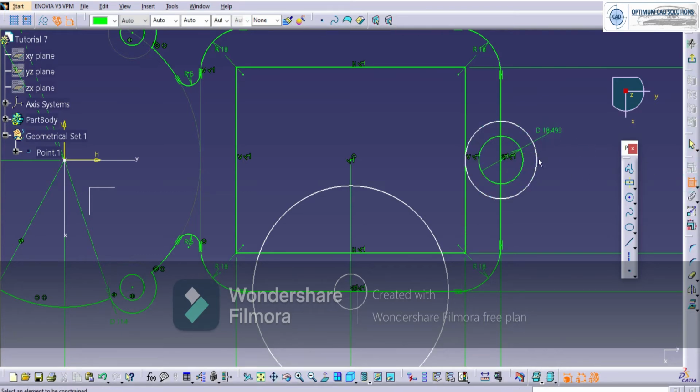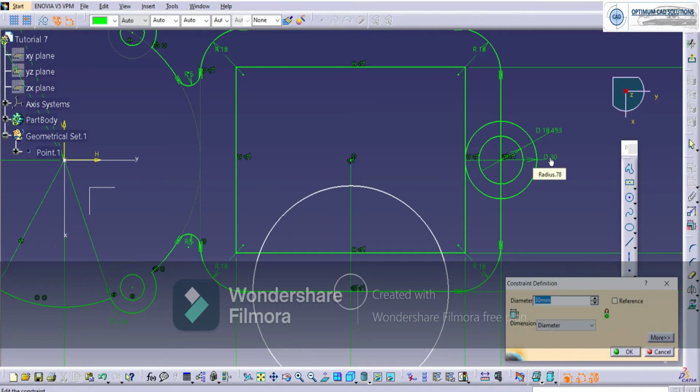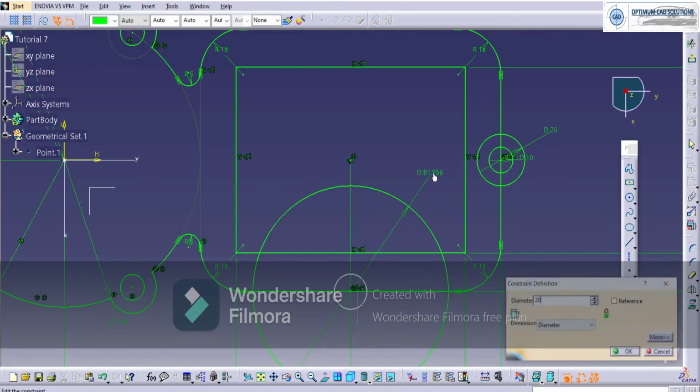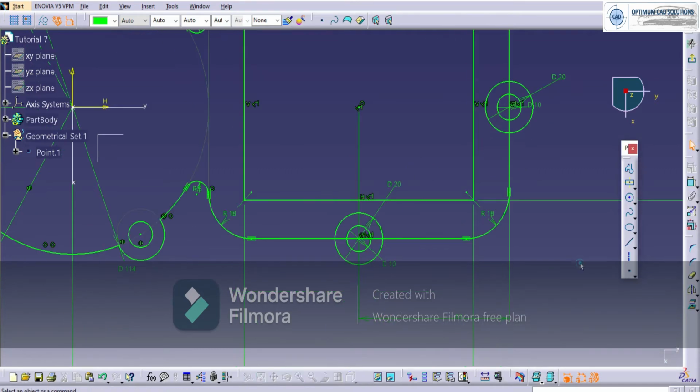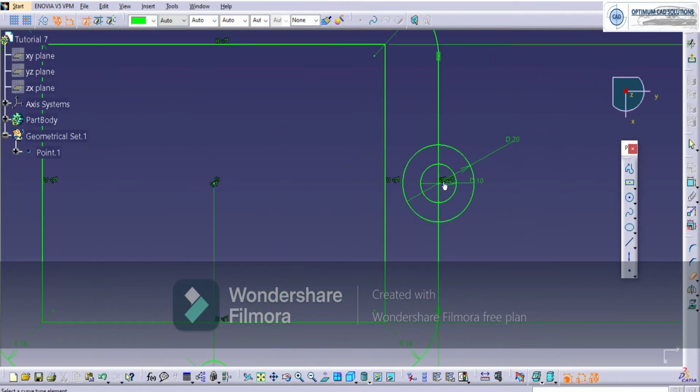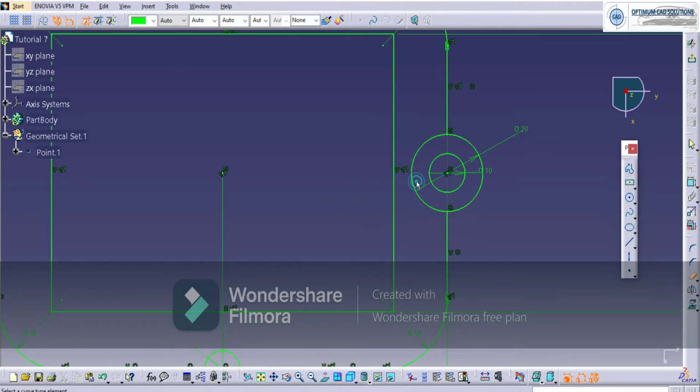So we'll give the dimensions, 10 mm and 20 mm. Here it is also the same, and we'll erase the unnecessary part. Now the upper side. And similarly we'll use the mirror command to create.